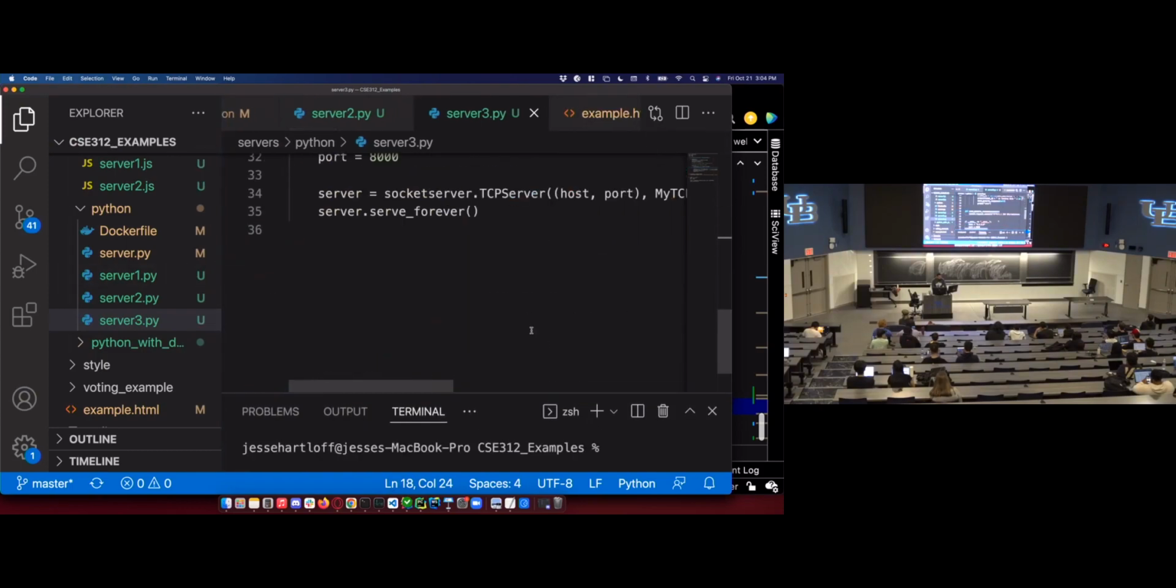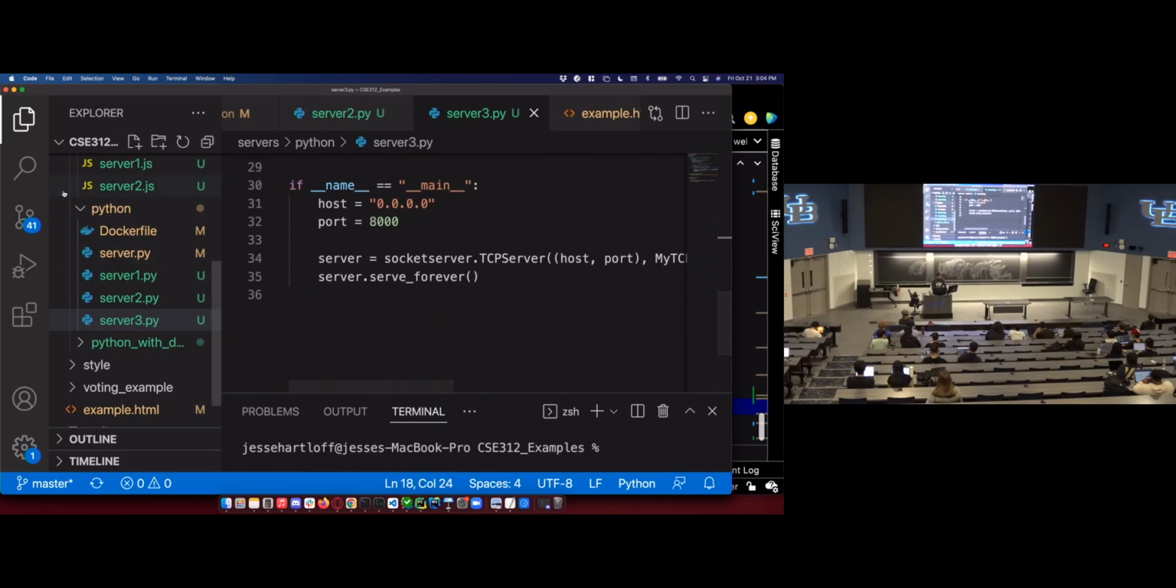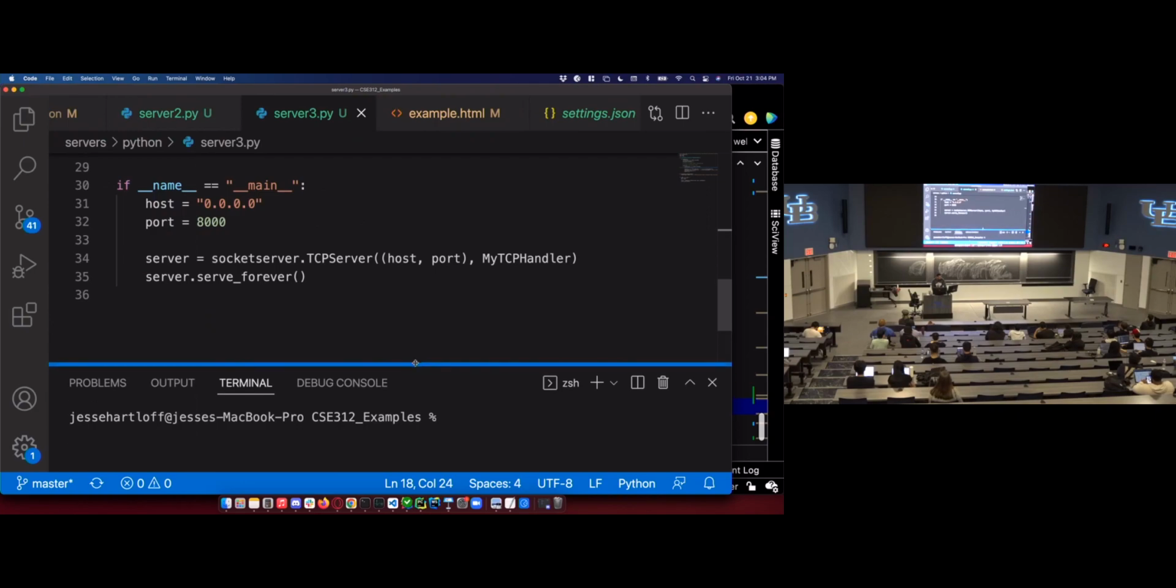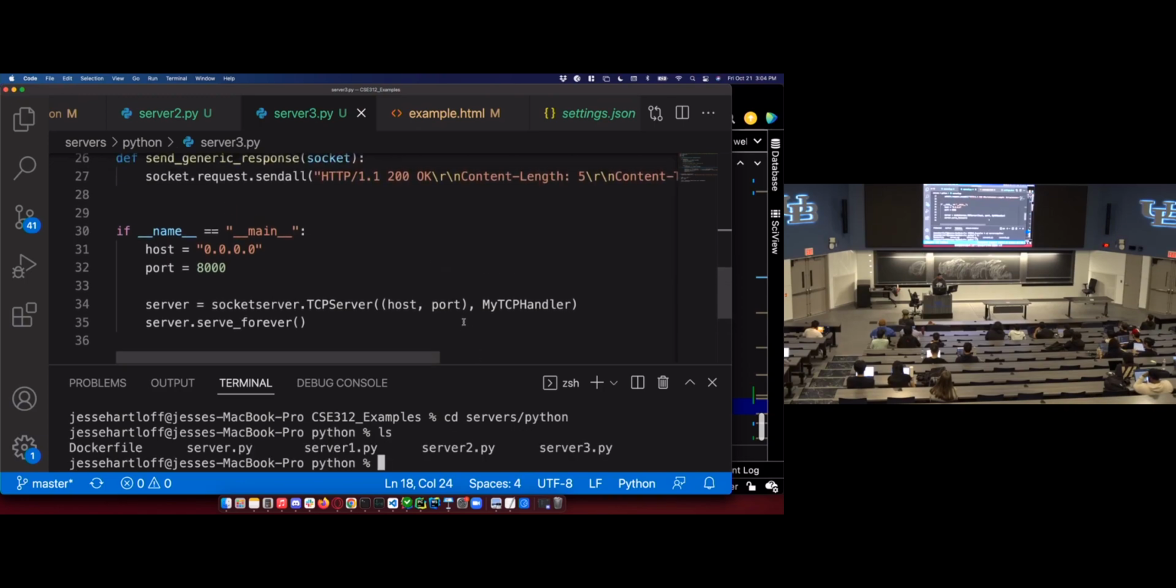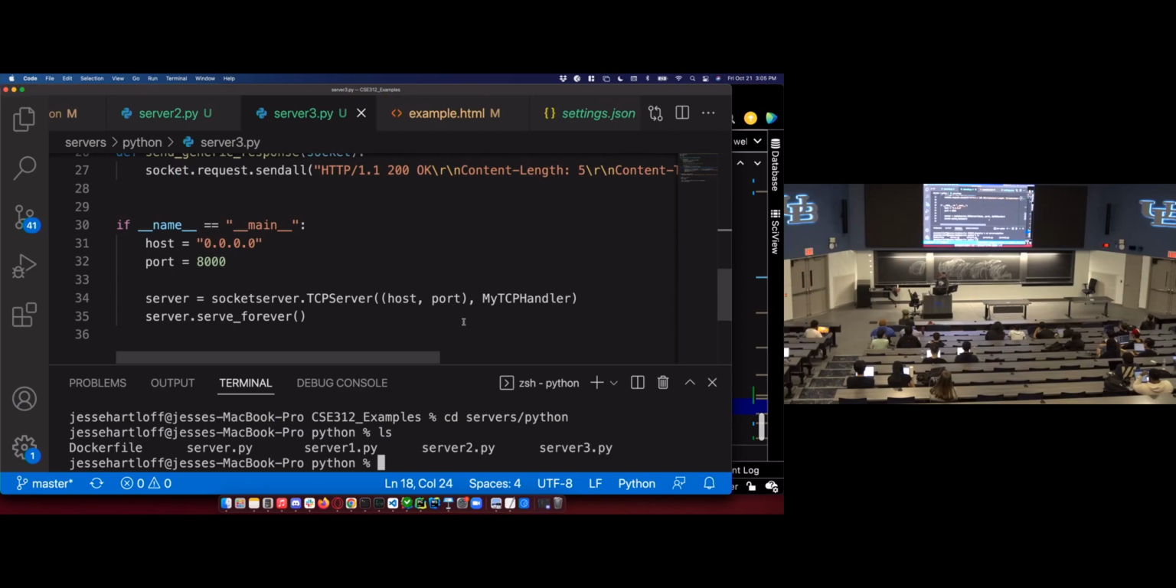So I want to talk about a few things, because this one's a little bit quicker to explain. Servers, Python. Okay, so I have this server 3, which I want to talk about how to set up these WebSocket connections